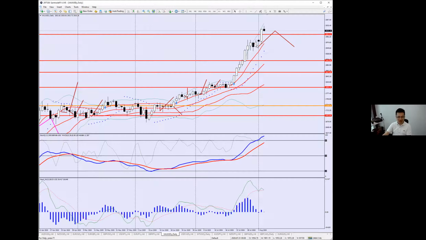I've done 2 out of 3 right already. It has come down, tested this level. You see that thin there. It has gone up and tested this 2015 level. I'm not so sure it will come back down all the way, but I will give you the details tomorrow when we talk about yen and gold.